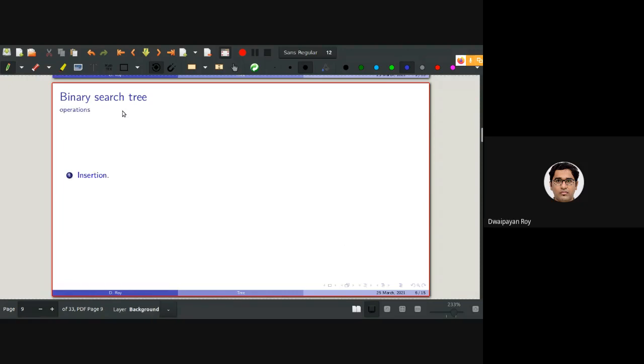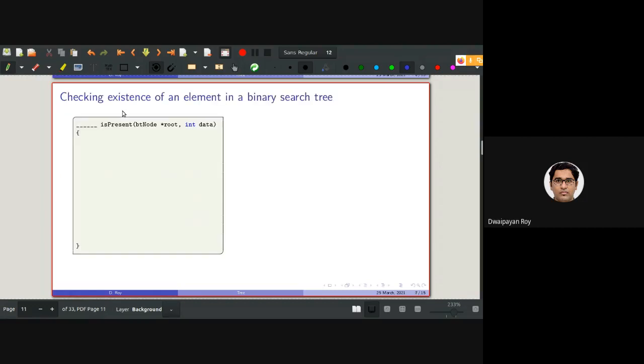All right. So insertion operation we have discussed. Now the two other operations that are needed are searching and deletion. So searching means I need to check whether a data is present in the binary search tree or not. So if I make one function like this, which is called isPresent, I am passing the root and the data which I want to search, whether this data is present in this binary search tree or not.